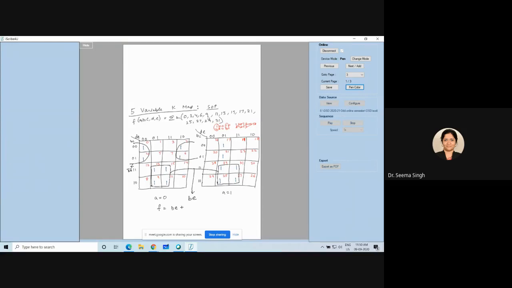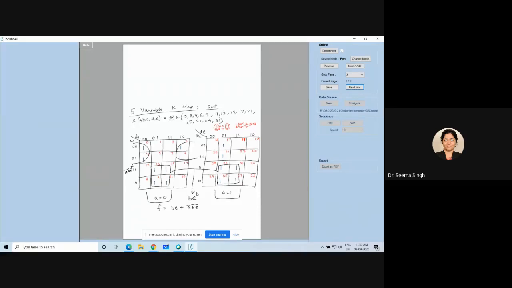Are you missing something? A. Yeah, A. Because this group belongs to A equal to 0 K map. You have A bar also here, right? I hope you people are understanding. So this is A bar, B bar, E bar. Why A bar came? Because this belongs to A equal to 0. That is why I have written this A equal to 0 along with this. And this K map belongs to A equal to 1. Okay. Now only one thing is remaining.